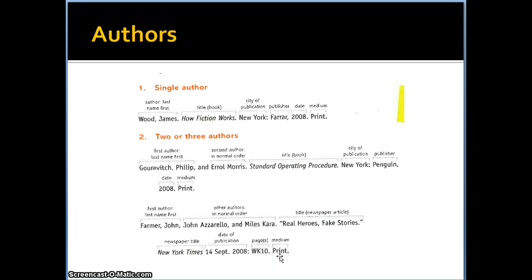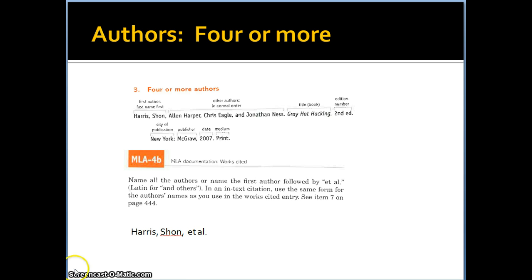And then we have Medium, so this was, again, a print source. So that's authors. Let's take a look at our next thing. If you have 4 or more authors, you can type out every name as this person has chosen to do, or you can name all the authors, or you can name just the first author and then follow that by